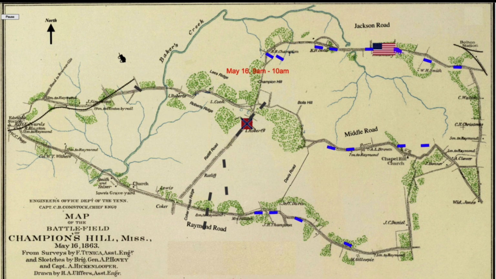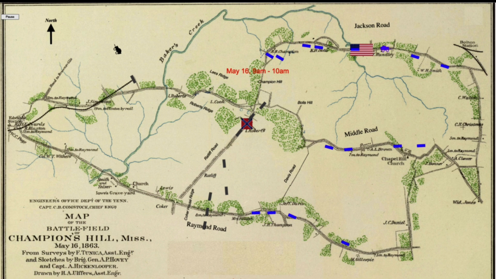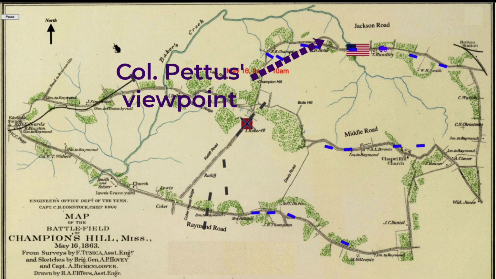Lee shifted his brigade north to cover the crossroads, and Cummings and Barton's brigades shifted north behind him to cover the gap back to Bowen's division. Lee also sent a skirmish team, about company-sized, out to the north, to the tree line just south of the Champion House. From the top of Champion Hill, Lieutenant Colonel Edmund Pettus could see into the valley of Baker's Creek